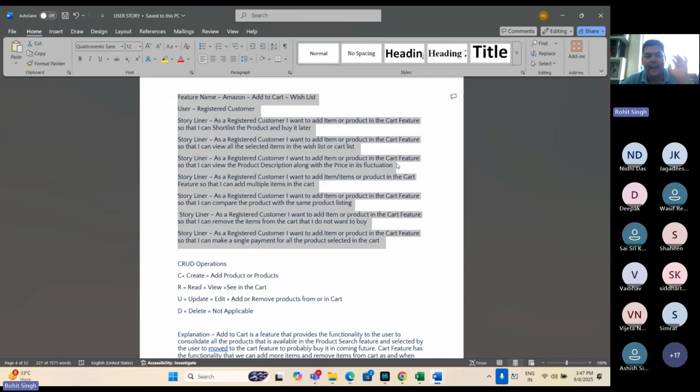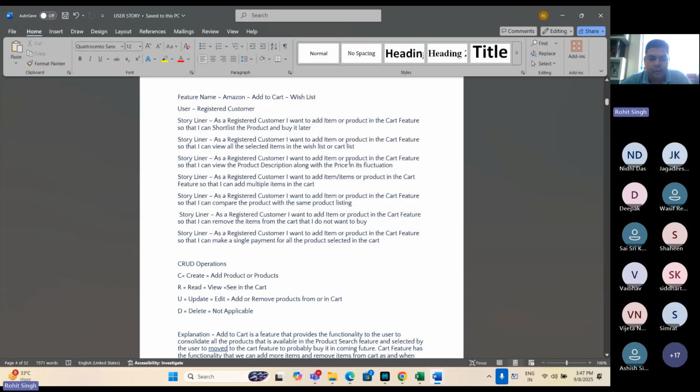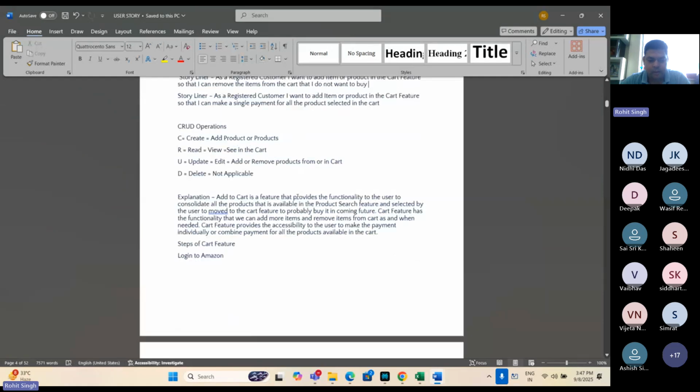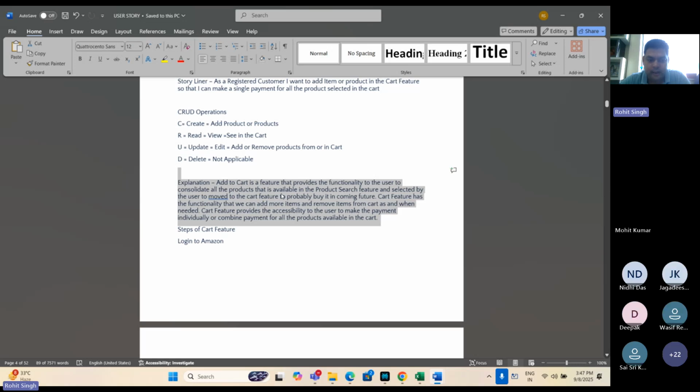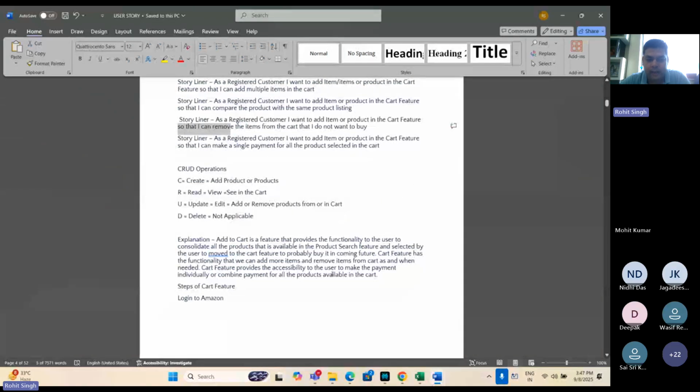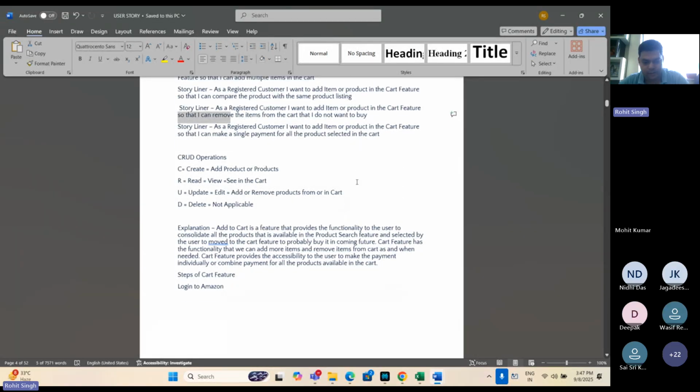Nothing more than 5. Any category, any genre, any type. So this is a new requirement, so I have to create the user story as per the acceptance criteria or as per the client's expectations.